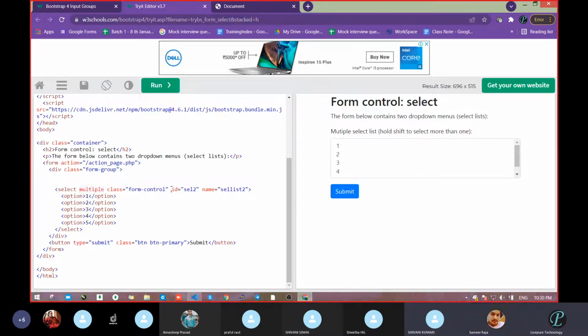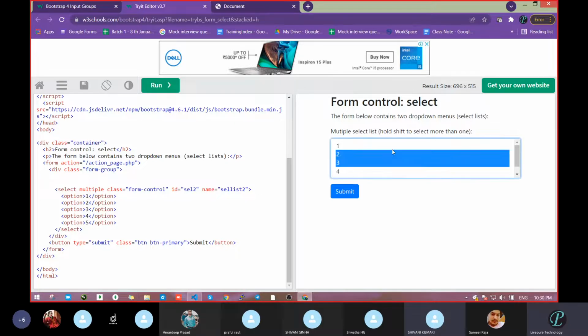But what is the thing here? This is the main thing: ID equal to select2. This will give you some classes, and name equal to something. Name is just a name, it's not anything, but this is the main thing: ID equal to select2. With the help of this there is going to be extra spacing, whatever spaces you can see here. Just one time try to check, is there any different classes also?